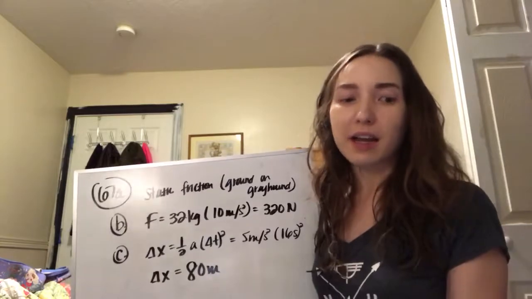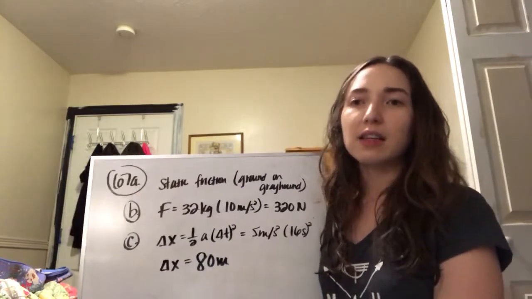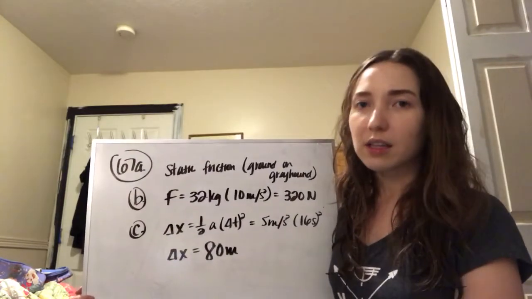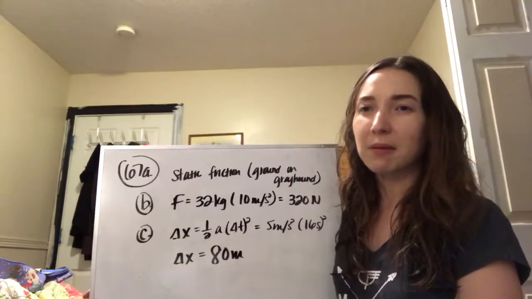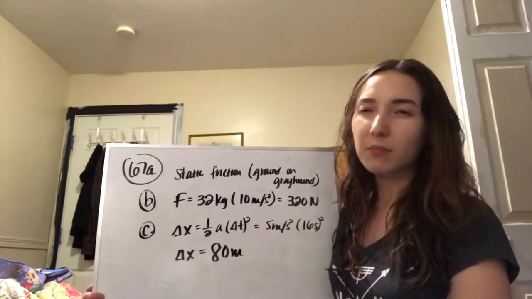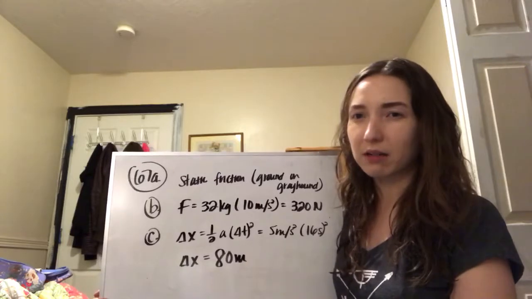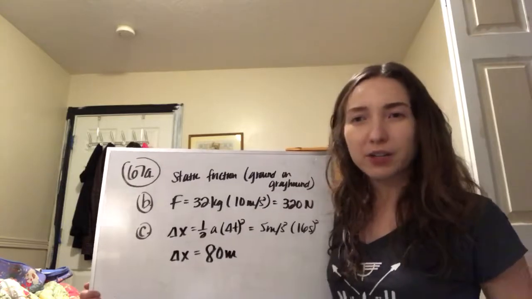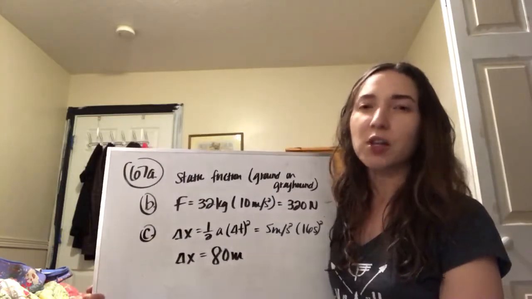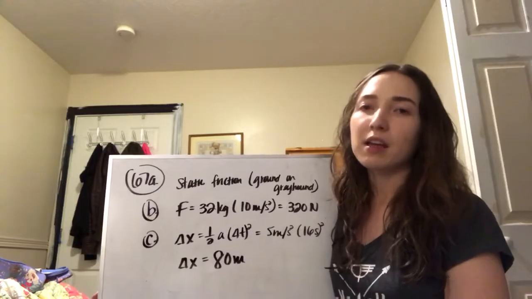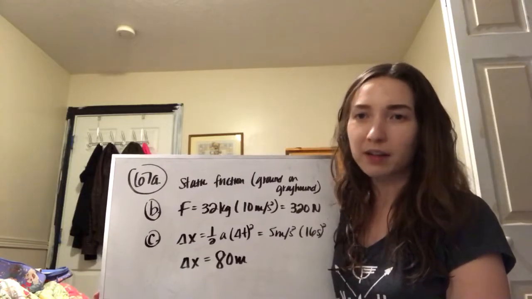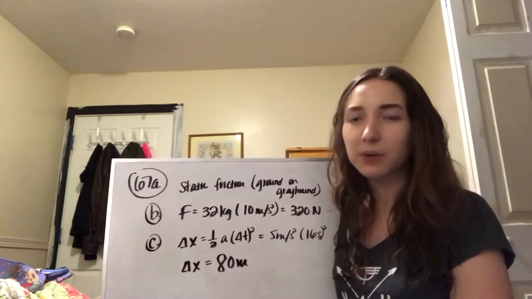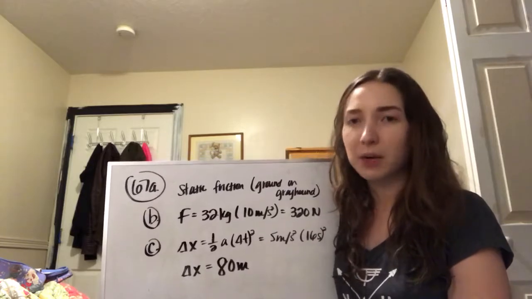So again, if you're looking at that diagram, you see that in those first 4 seconds, the acceleration stays constant at 10 meters per second squared. So we can use that kinematic equation, but because our initial velocity is 0, that whole equation, delta x equals initial velocity times time plus 1/2 a times delta t squared, simplifies. So again, there's no initial velocity, so we are just looking at delta x equals 1/2 a times delta t squared,